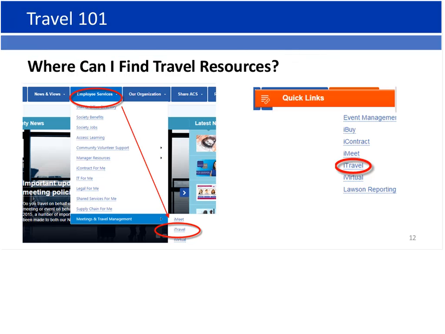Where can I find travel resources? All the information that we reviewed in the Travel 101 slides thus far can be found in the Employee Services section of Society Source. So if you log on to Society Source, click the Employee Services tab at the top, it's the blue one, scroll down to see Meetings and Travel Management, and click over to the right on iTravel. You can also reference the quick links on the right-hand side of Society Source, and that will bring you to iTravel. It will also bring you to the other areas, iMeet and iVirtual. And remember, if you have any travel questions, you can always use the help desk platform that the Society has formulated, helpme.cancer.org, and submit your questions using the iTravel request form.